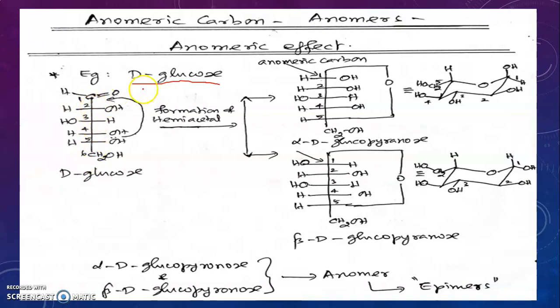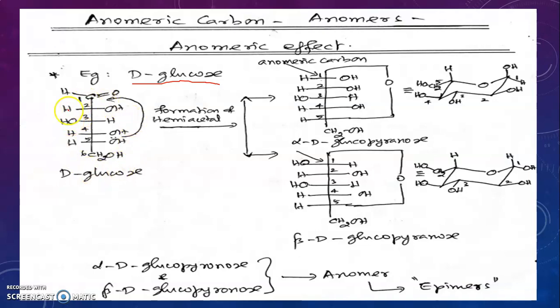You know very well D-glucose has 4 chiral carbons, right? And in the Fischer projection, listen, the second, fourth and fifth chiral carbons have the OH group on the right-hand side, and the third chiral carbon is present on the left-hand side. See, this number is not the chiral carbon number, this number is actually the IUPAC number. The chiral carbon at the third position has the OH group on the left-hand side in the Fischer projection.